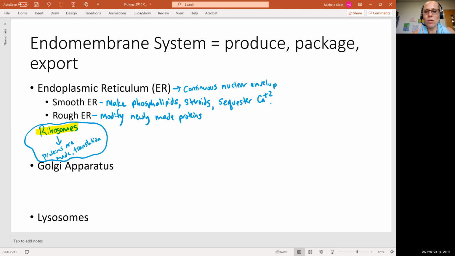And then it also is going to detoxify drugs and metabolites, which means byproducts of metabolism. So we do see that the liver cells are going to have a huge number of smooth,